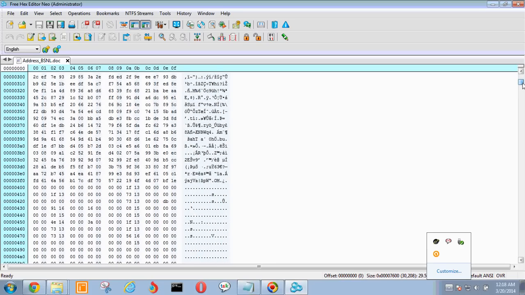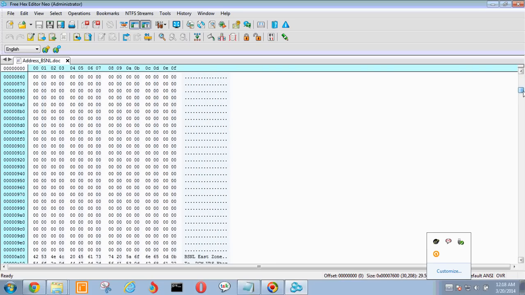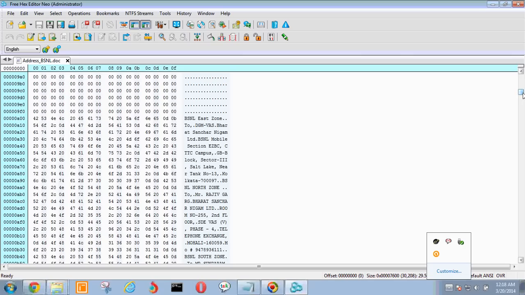But after some locations, here you can see my file's actual data. So my offset is this one. This is my offset value, this is the hex value, and its corresponding integer value is this one.